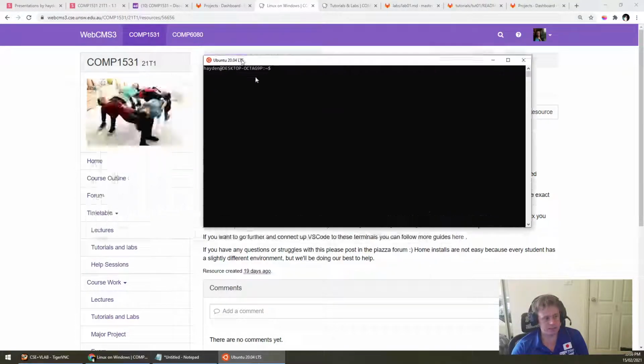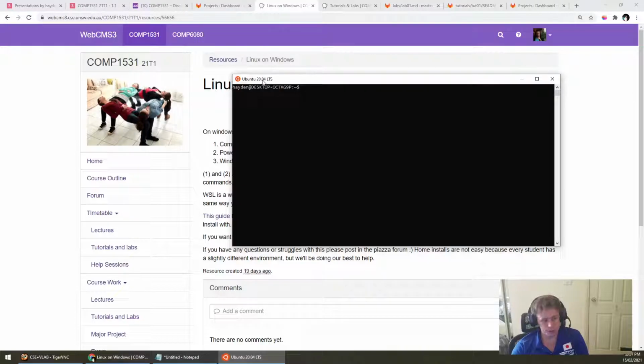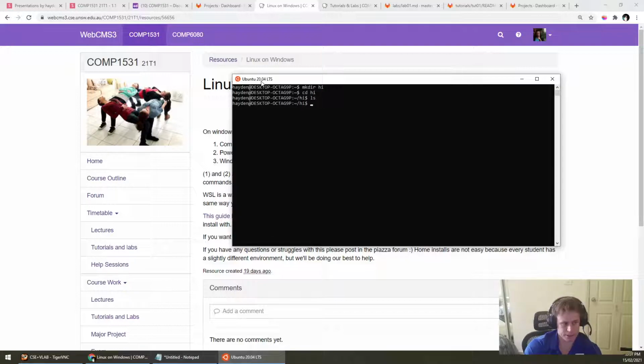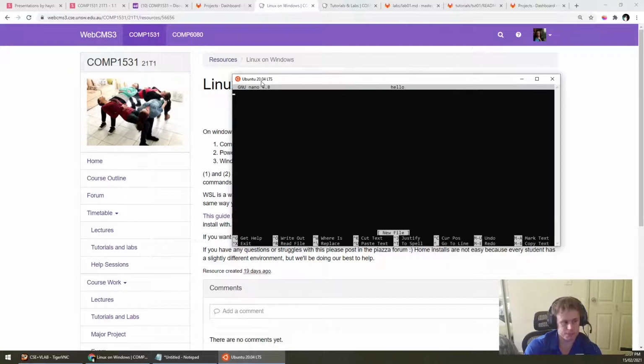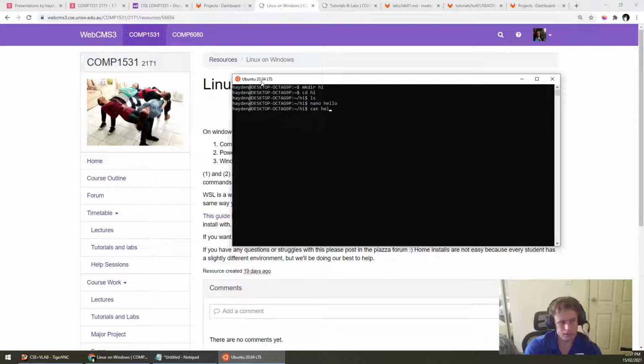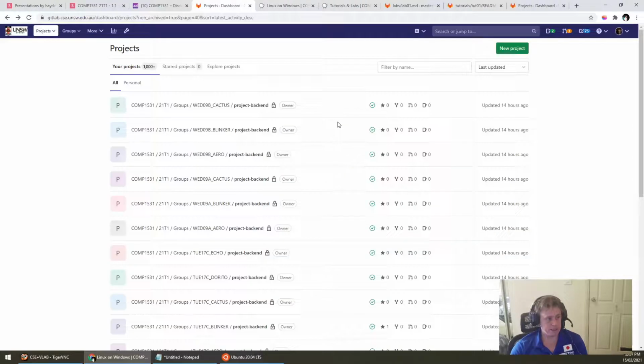In this case, this is a terminal that's running Ubuntu version 20, which is like a type of Linux. So you can just make directories and do everything you would on the CSE machine. That's super useful to do at home, and I'd really recommend that for people who want to do it at home on Windows. Otherwise, VLab's perfectly fine.